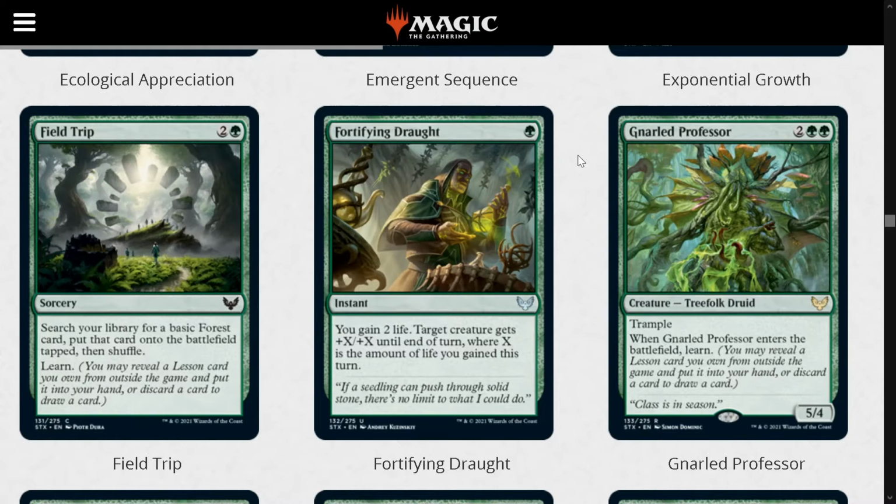Next is Gnarled Professor. 2 and 2 green for a 5/4 Treefolk Druid with trample. And when it enters the battlefield, you learn. This card is honestly not that cool. It's amazing looking art, but it's just a 4 mana 5/4 trampler. I mean, it doesn't hurt to learn, whether you get a lesson or if you just, you know, rummage a card, but other than that, it's just...